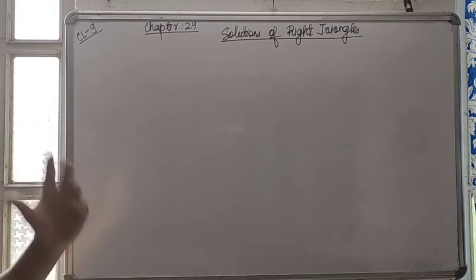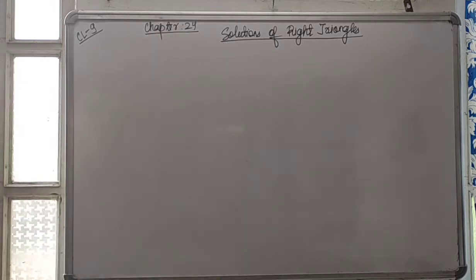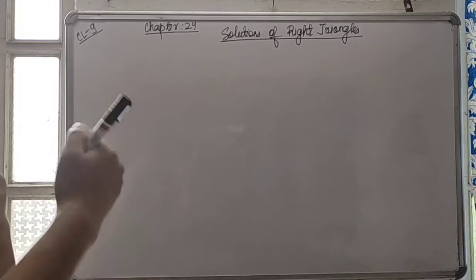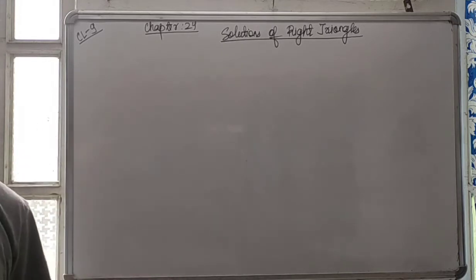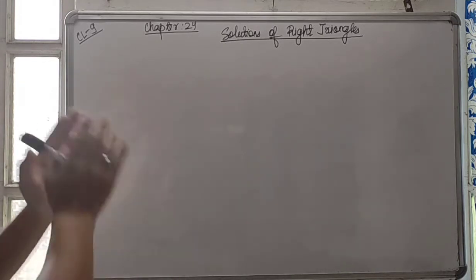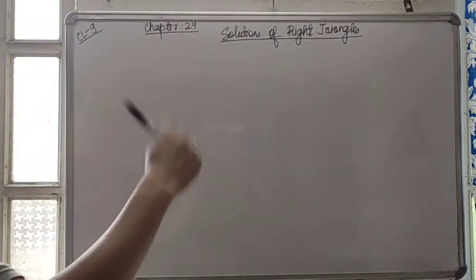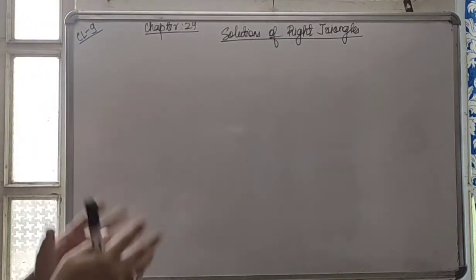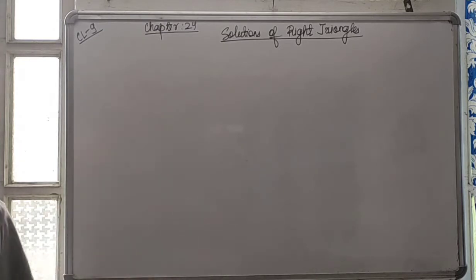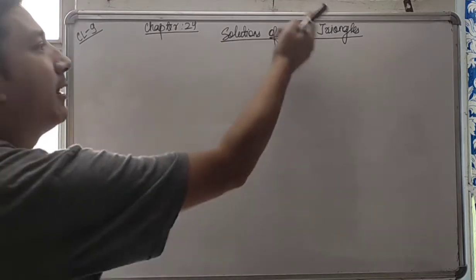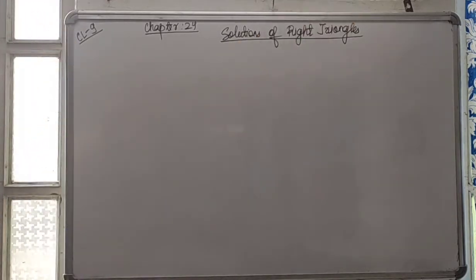As this chapter is from trigonometry, we have to use the same things: perpendicular, base, height, and the 6 trigonometric ratios: sine, cos, tan, sec, cosec, and cot. Don't forget that statement which I have given: Some People Have Curly Brown Hair Turned Permanently Black. At times maybe we have to use Pythagoras theorem also. The whole thing that we're going to learn is whatever we have learned in right angle triangles. Am I clear? So let's start with the first question.